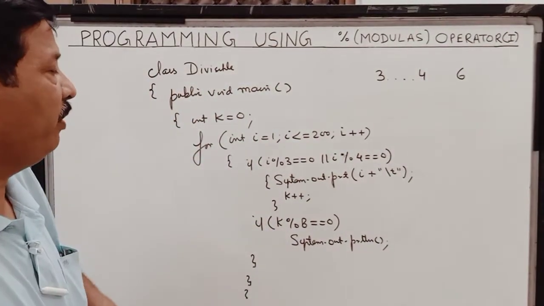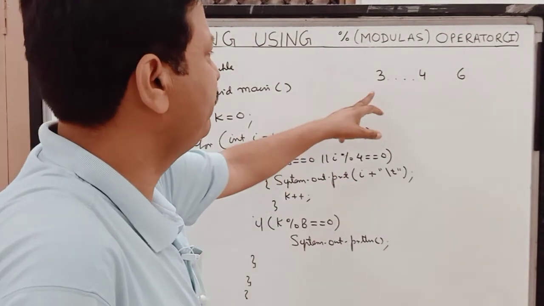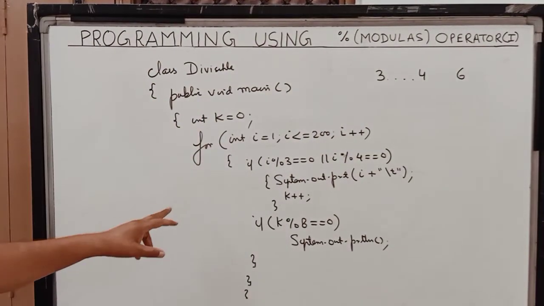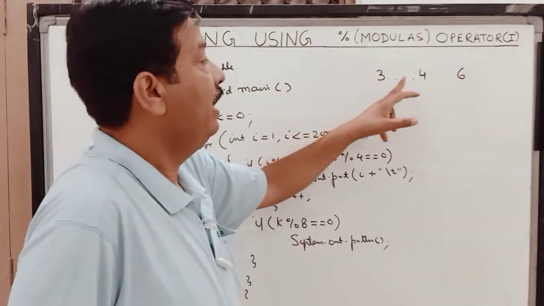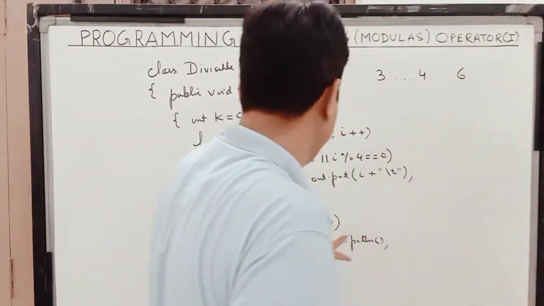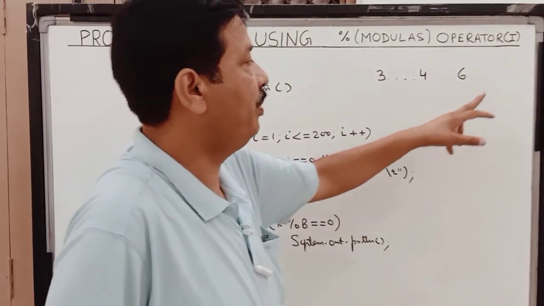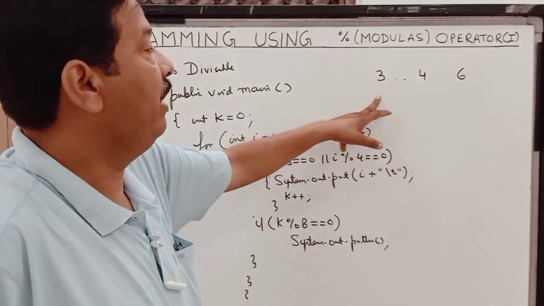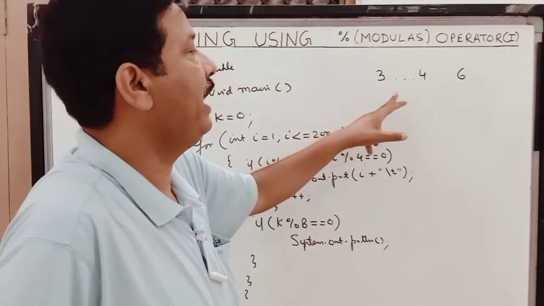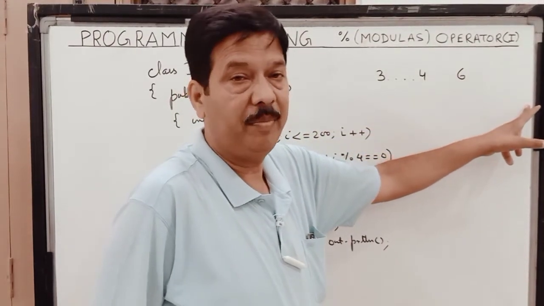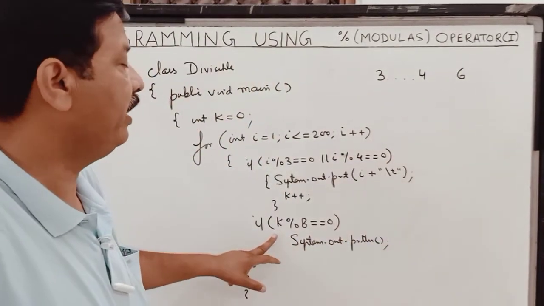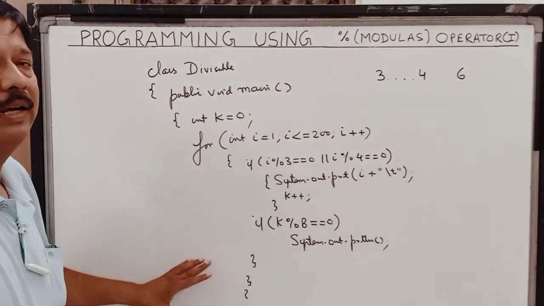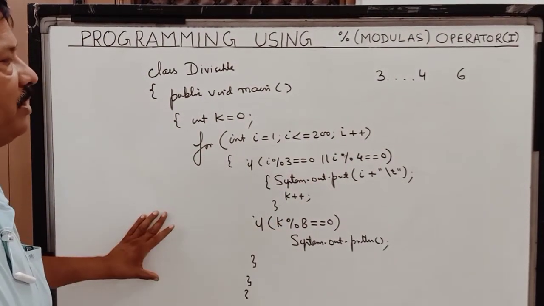So children, what is it doing? It is printing all the numbers, and after printing a number, the value of k becomes 1, then 2, then 3. When 8 numbers get printed, this condition becomes true, and because of this println statement, the control will come to the next line. Then again the next number will get printed, k becomes 9, 10, 11, 12, and when it becomes 16, that means next 8 numbers get printed. Again this condition will become true, the control will come to the next line, and so on. You will get 8 numbers per line. I hope this program is clear to you.